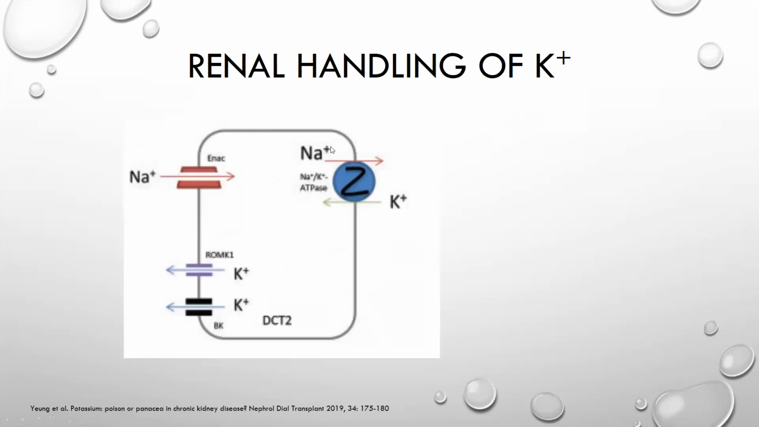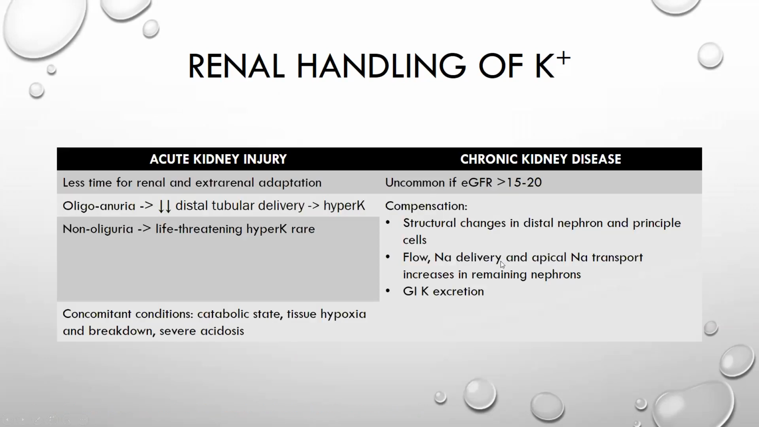Again, this is similar to this blown up ENaC channel. Sodium goes in, sodium potassium ATPase, because there's an electrical gradient, potassium goes out. Having said that, we can kind of see how AKI and CKD differ in potassium homeostasis. Really, if someone's eGFR is greater than 15 to 20, it's somewhat uncommon to have